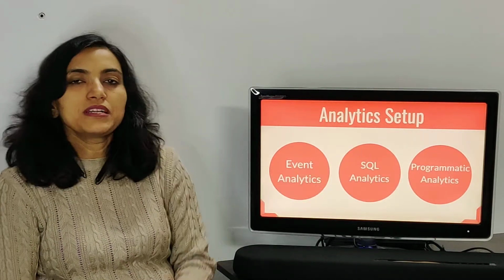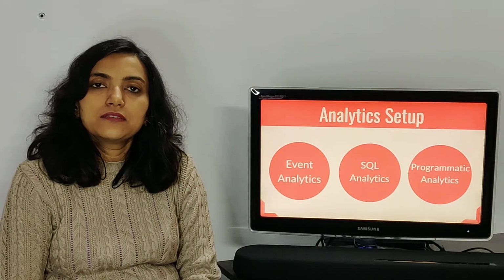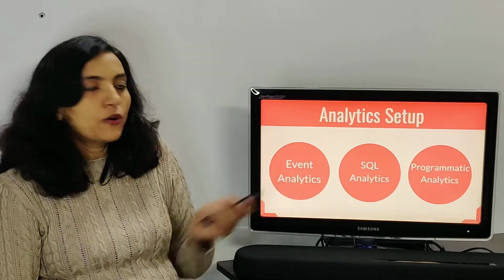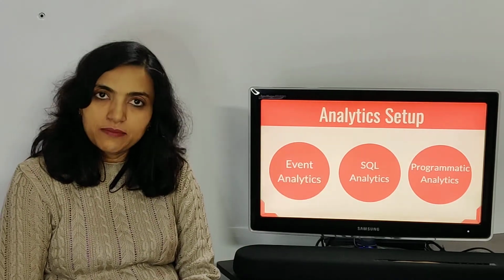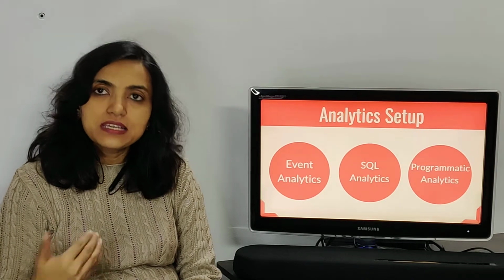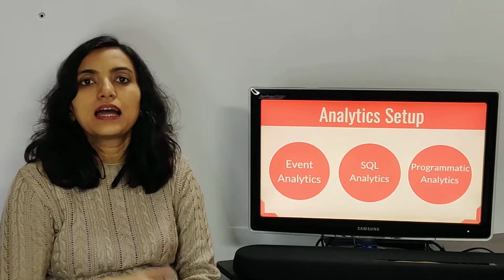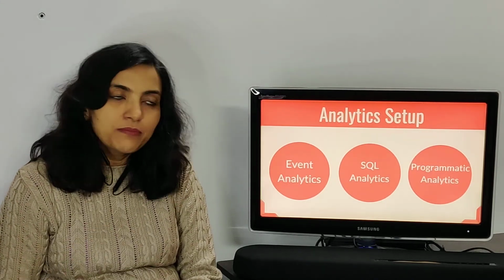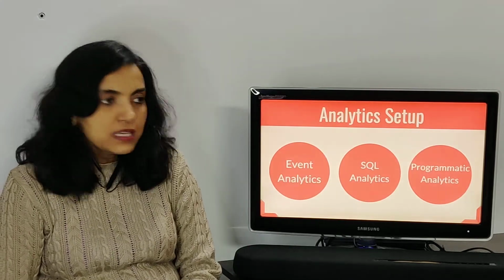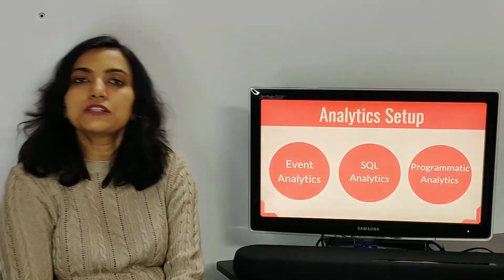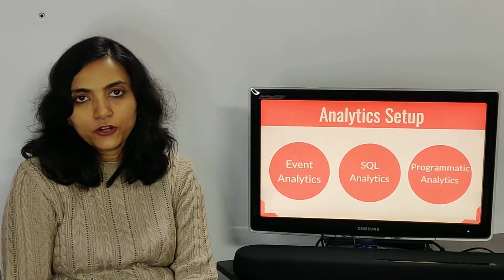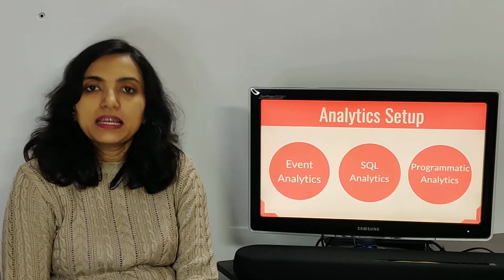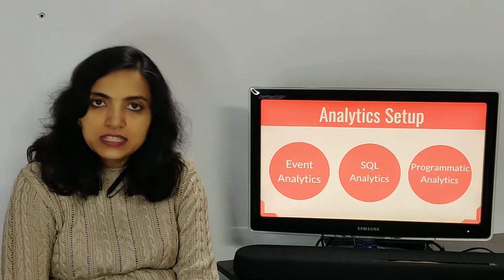Then you have programmatic analysis. There are times when SQL may not give you the answers you need because it is too complicated, or the queries are becoming so complex that writing, managing and debugging them is a nightmare. In these cases, you would want to use a full-fledged programmatic language for your analytical questions. Python is pretty much the language of choice these days.